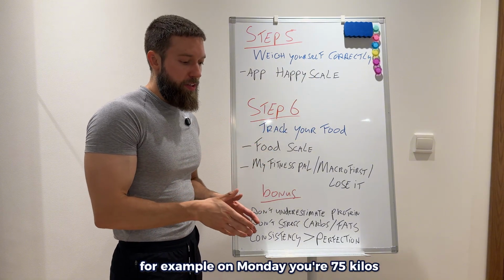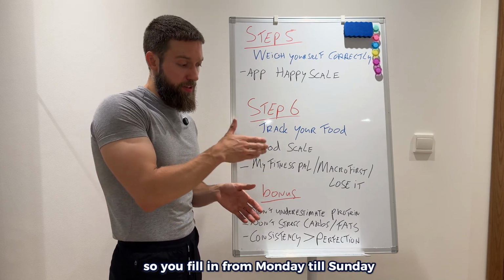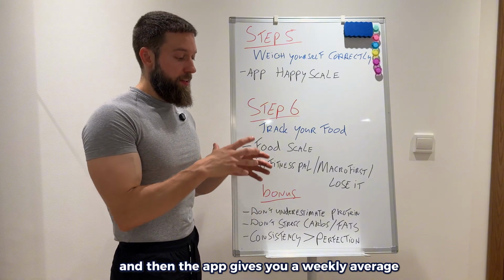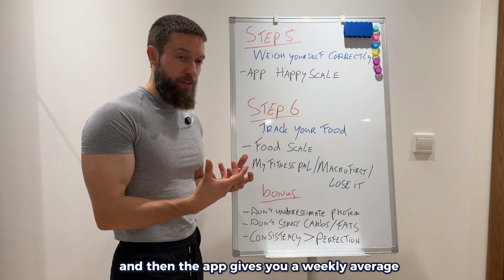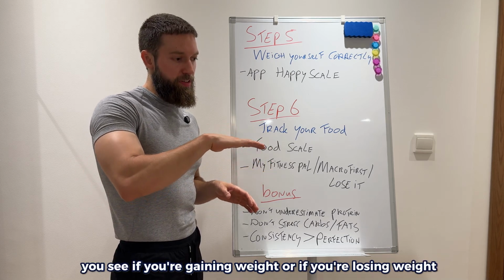For example, on Monday, you're 75 kilos. Then on Tuesday, you're 75.2, etc. So you fill in from Monday till Sunday, and then the app gives you a weekly average. And if you do this on a weekly basis, you see in the graph if you're gaining weight or